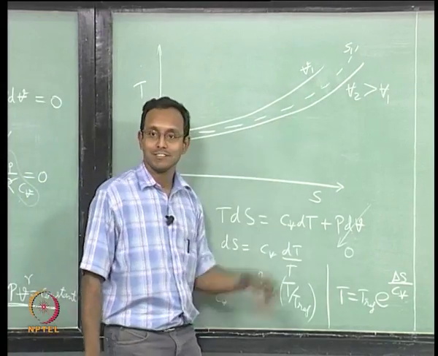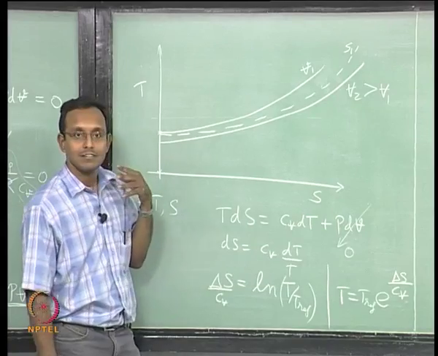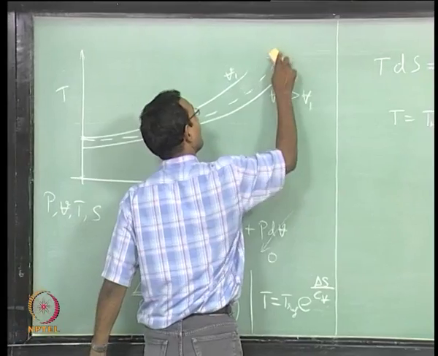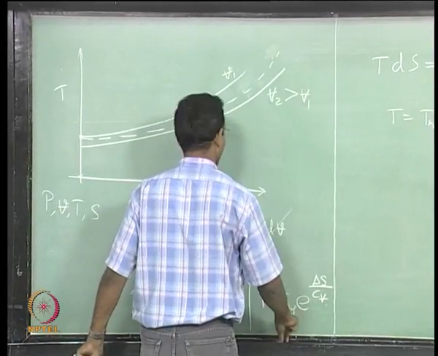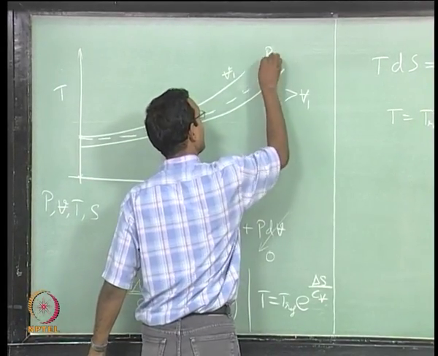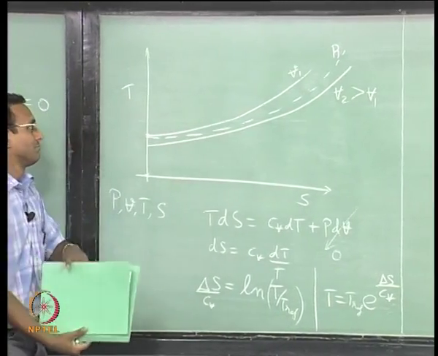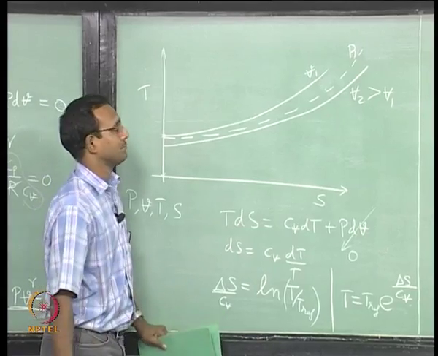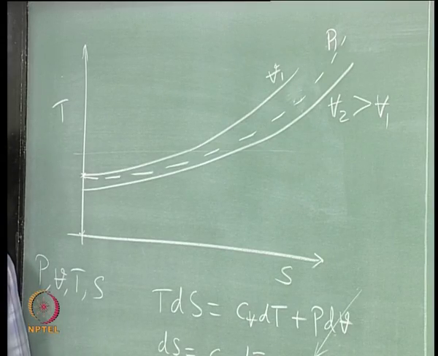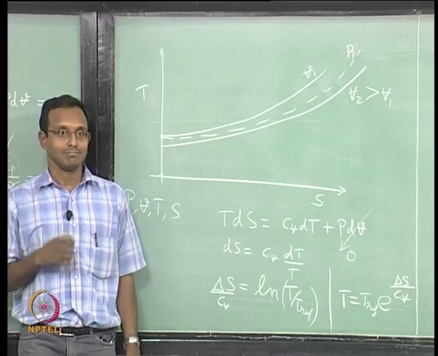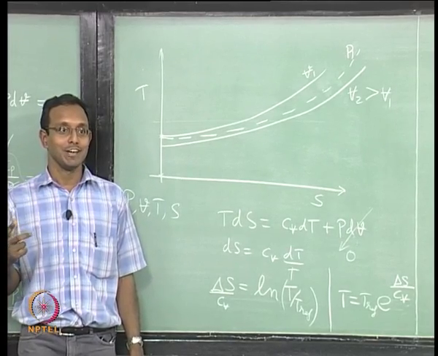So, it will be like this. Oh, sorry, P, not S. Thank you. It is constant pressure line, not constant entropy line. P1. Now, if I go for say higher pressure P2, what will that curve look like? Same logic. Entropy should